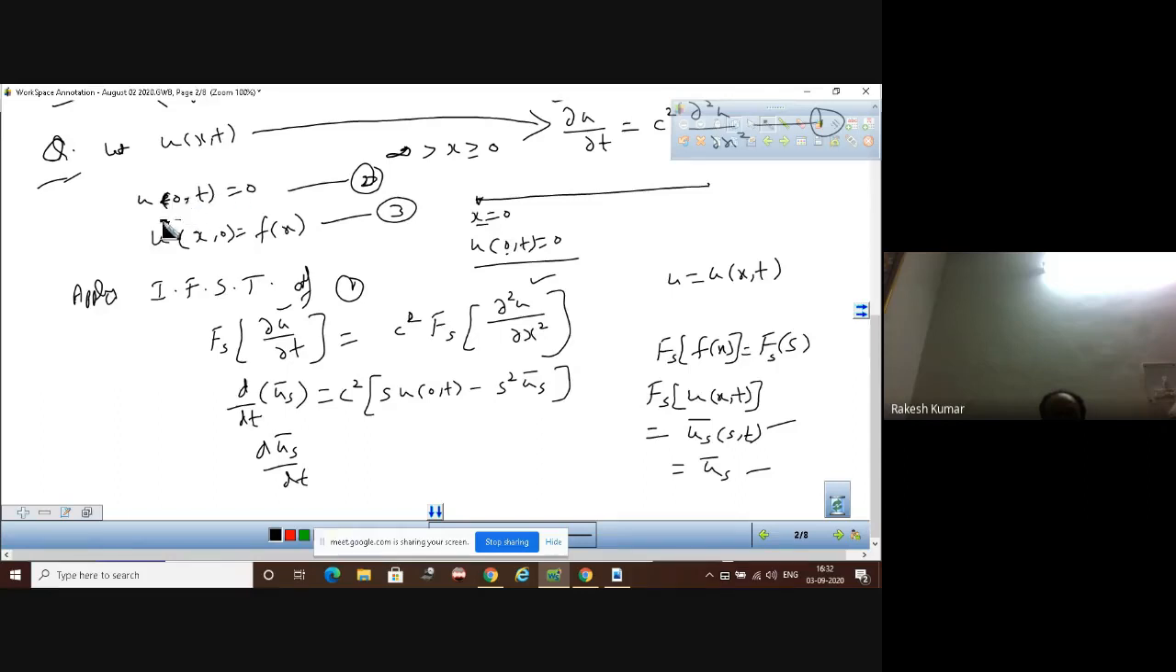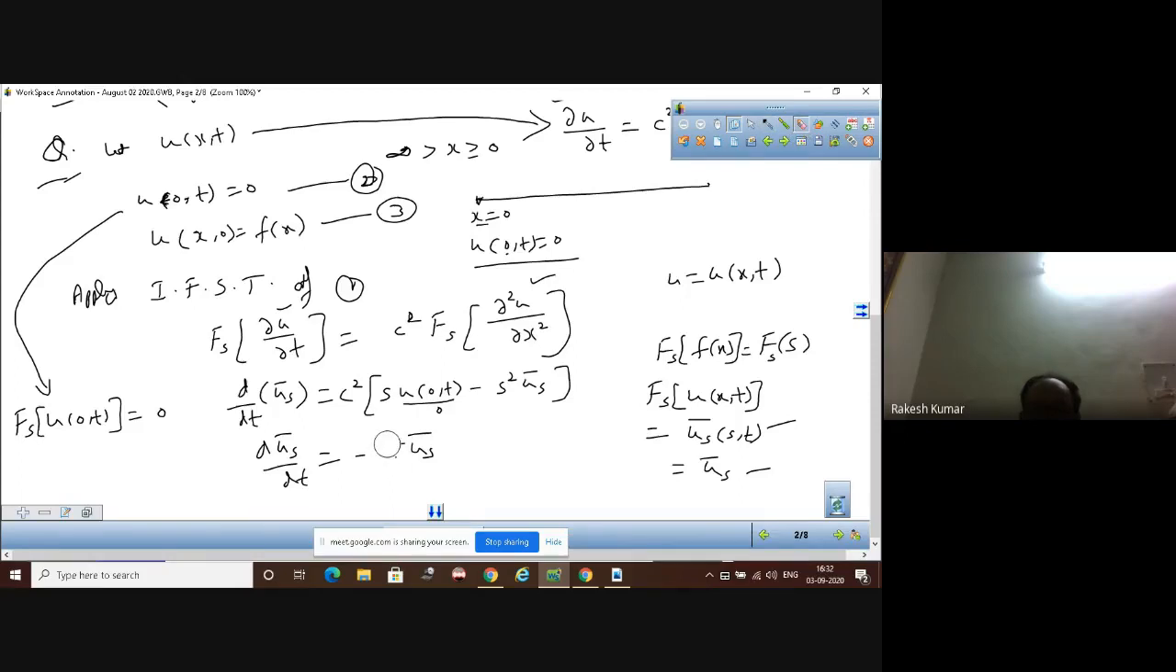Let us just see equation number 2. From equation number 2, if you take the Fourier Sine transform of u(0,t), on the right hand side the Fourier Sine transform of 0 will be 0. So the Fourier Sine transform of u(0,t) will be 0. Ultimately, this value will be 0. And the constant should be written first. It should be written like that: c square s square,